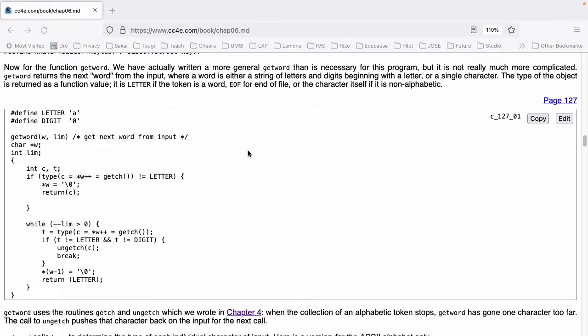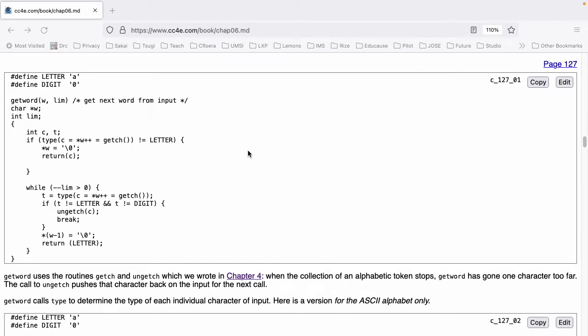This sample code is on page 127 of the textbook, which you can see at www.cc4e.com/code. #define LETTER 'a'. #define DIGIT '0'. getWord(w, lim) char *w; int lim; { int c, t; if (type(c = *w++ = getch()) != LETTER) { *w = '\0'; return(c); }